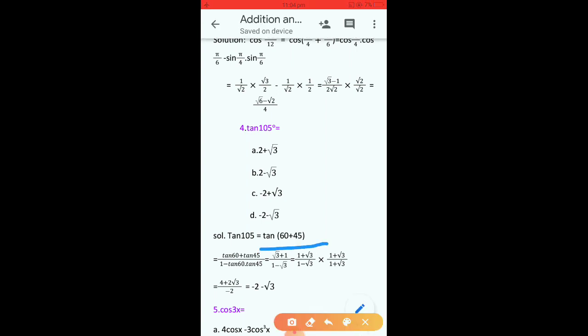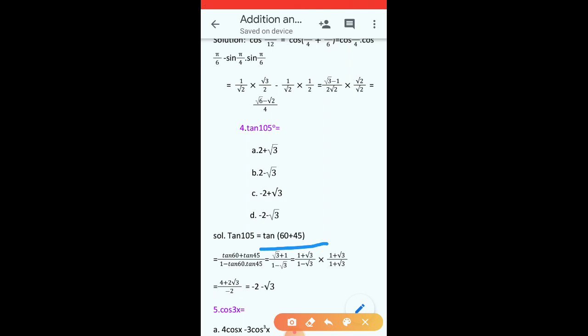So we can write tan 105 degree is equal to tan(60 plus 45 degree), and we have the formula tan(A plus B) is tan A plus tan B upon 1 minus tan A tan B. So we can write it as tan 60 degree plus tan 45 degree upon 1 minus tan 60 degree tan 45 degree, and we can put the values: tan 60 is root 3, tan 45 is 1,